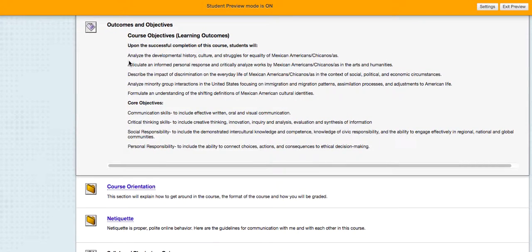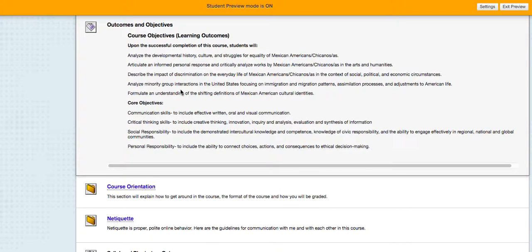And so we'll analyze the developmental history, culture, and struggles for equality of Mexican Americans. We'll articulate an informed personal response and critically analyze works by Mexican Americans and Chicanos in the arts and humanities, in this case, specifically film.